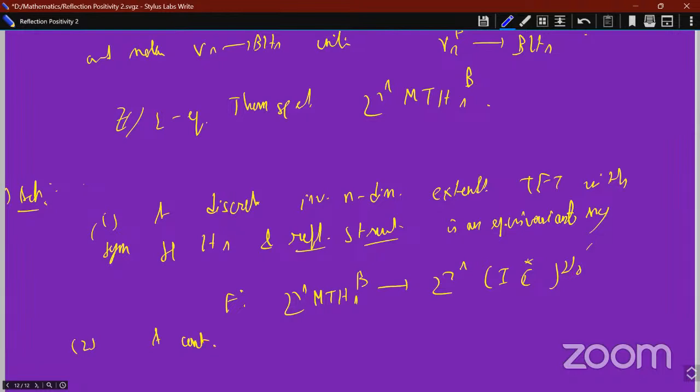Then a continuous, invertible, n-dimensional extended